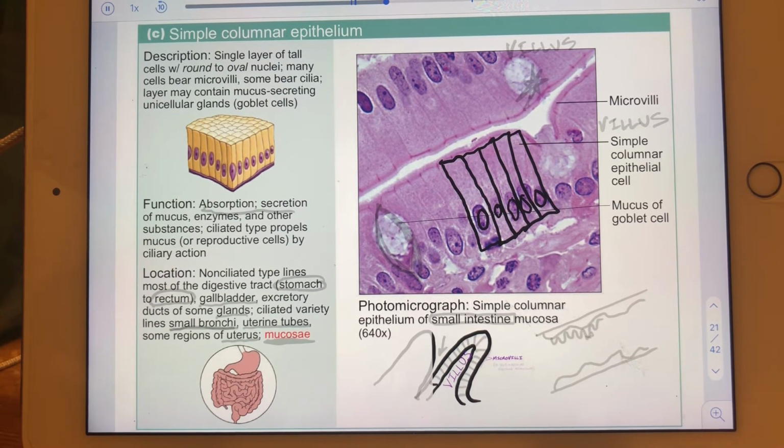We hopefully already learned that the small intestine is not just a water slide. It's not just a chute that we send foodstuffs through rapidly. We don't want foodstuffs to go through rapidly because then we won't have enough time to apply digestive enzymes, nor will we have enough time to absorb nutrient monomers. So rather than being a sort of water slide, if you will, the wall of the small intestine,